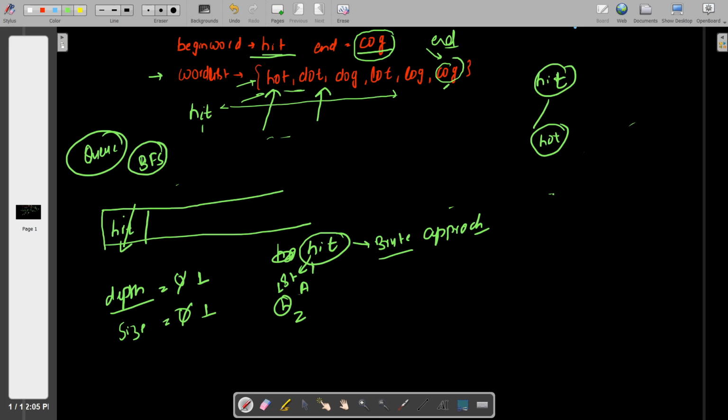If it is present in the word list, then push it in the queue data structure. So if I pop the hit element, then our size will now reduce to 0. Okay, so if I take all the valid transformations of hit, so if I change the first character of